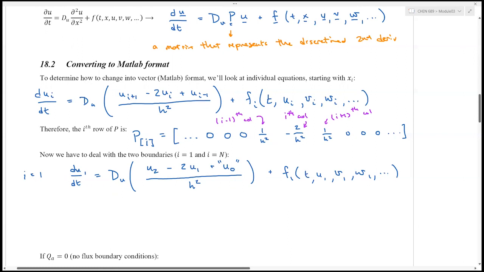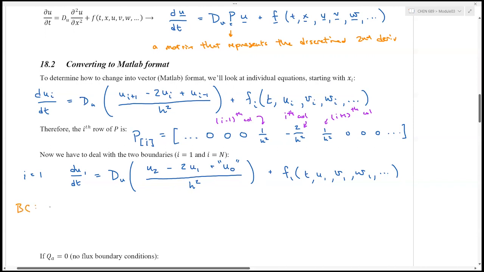Now the i equals 1 equation was different because when we discretized the second derivative, we found this term here, this u0, which I put in quotation marks because this term actually doesn't exist. And so the main point of what we're going to do today, or at least start out with, is to use our boundary conditions to figure out what this u0 is. Okay, so picking up where we left off last time with that,